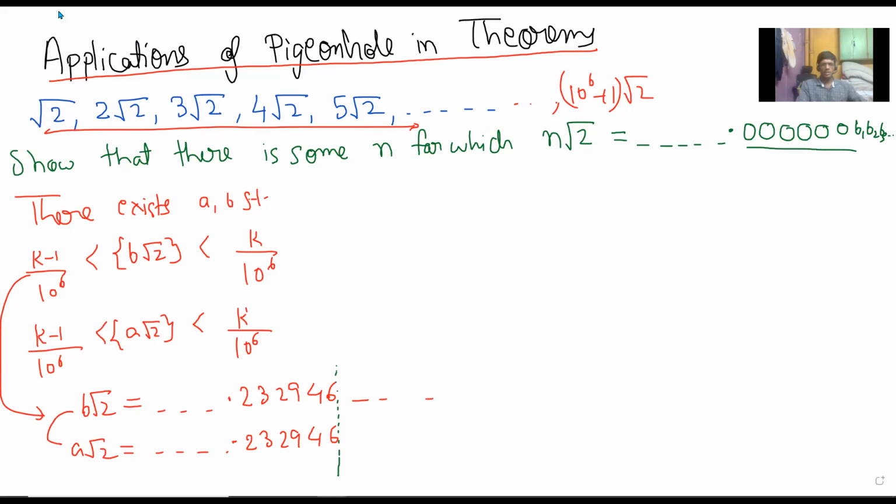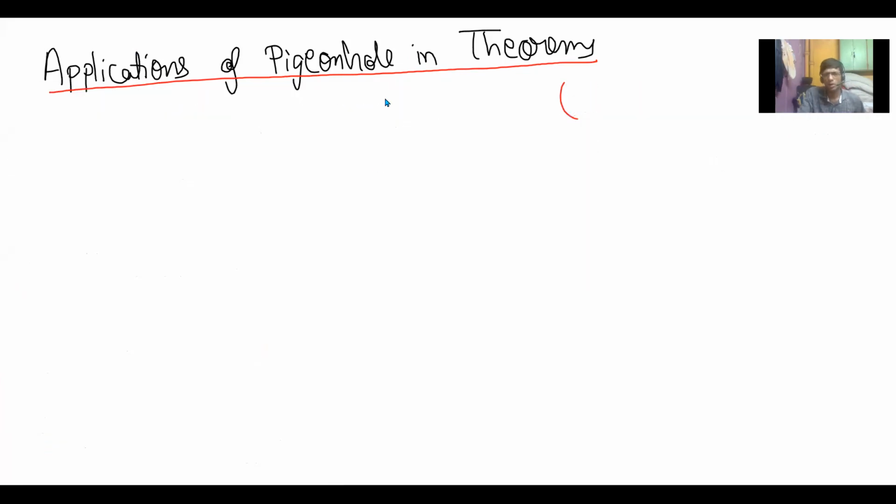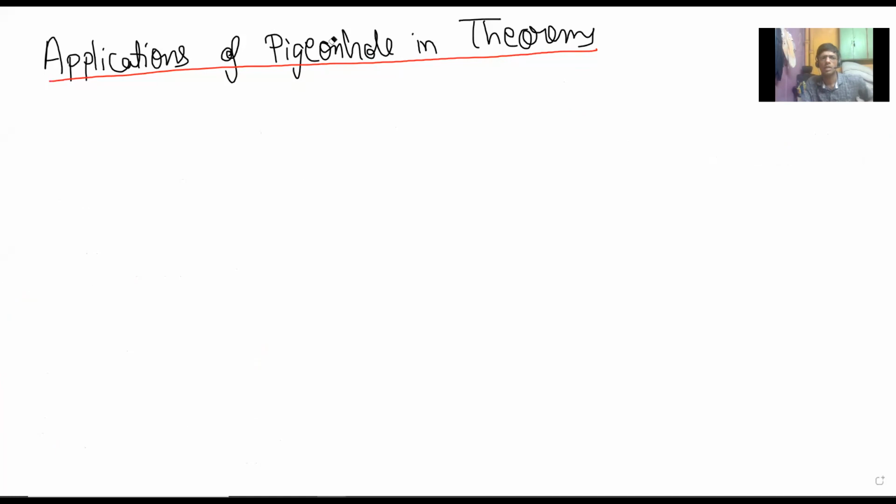Now let us get into this. I think this has a name. It's called Dirichlet's theorem or Kronecker's theorem, one of them definitely, but I don't remember. The second application I want to do is also number theoretic, but it is very fundamental number theory. I can call this the second application, and this is a Diophantine equation.